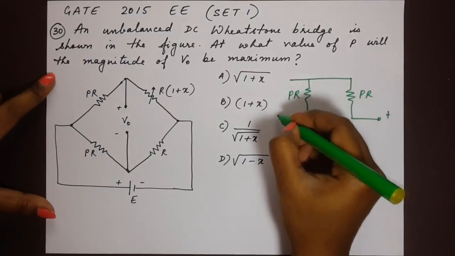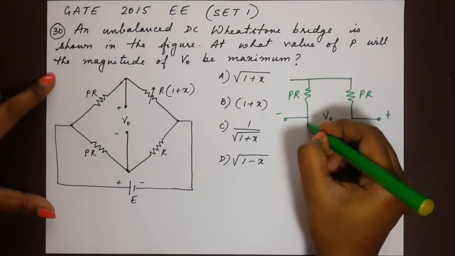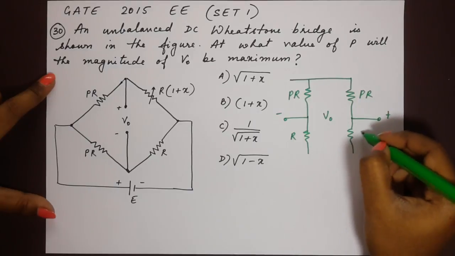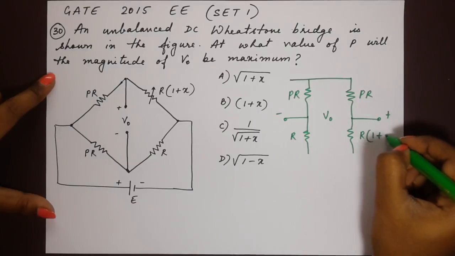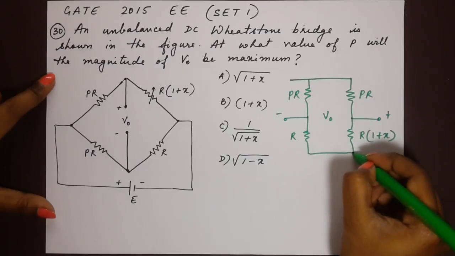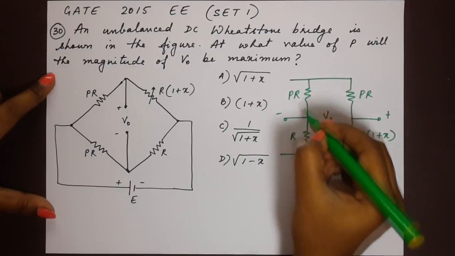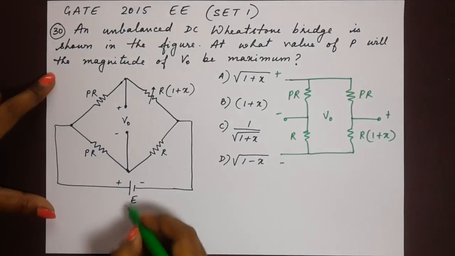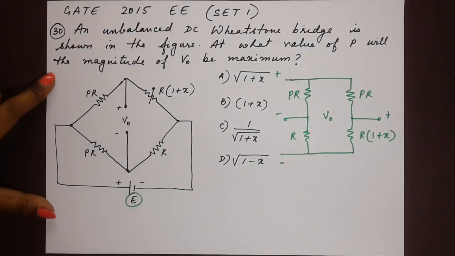This is plus and this is minus, and then we have resistance R over here, and this is the variable resistance R into 1 plus X. And the terminals at these two ends, plus and minus, correspond to the battery given here